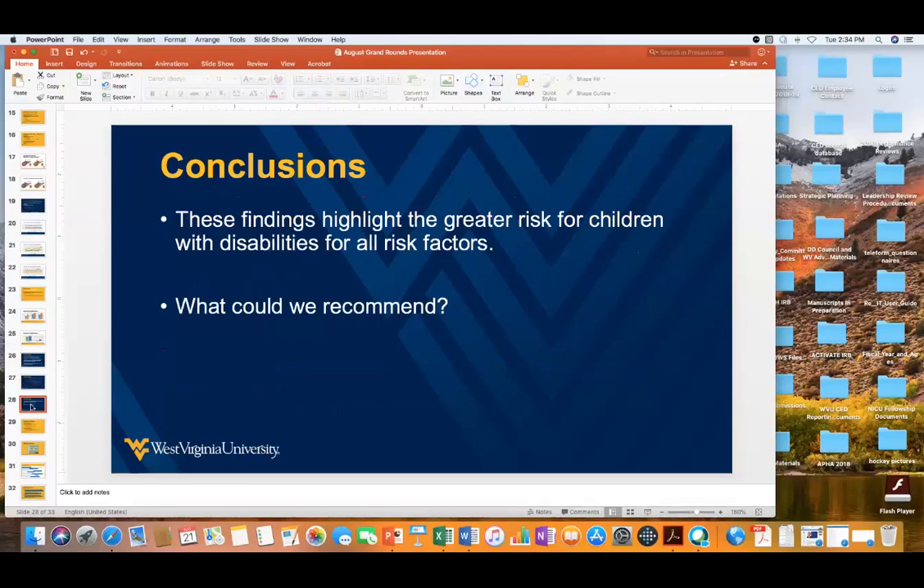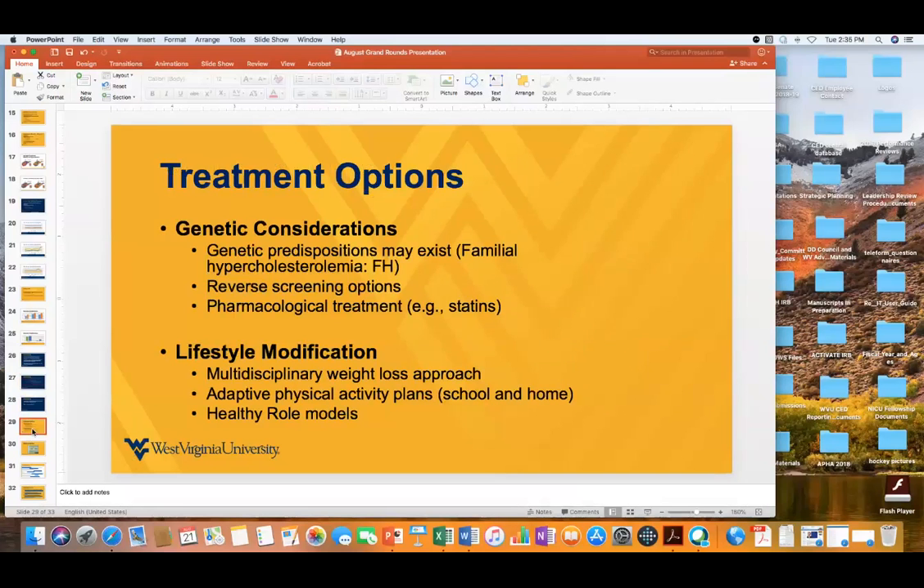What our findings show is that if we can only do one thing, we need to provide more interventions for kids with disabilities because they have greater risk factors. And again, that includes educating providers, educating families, and educating schools and communities on what would be needed. In terms of some of the treatment options, some of those might be the same. An example, one of the big barriers,